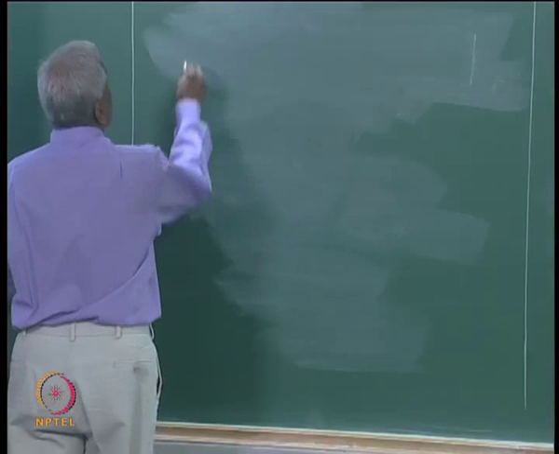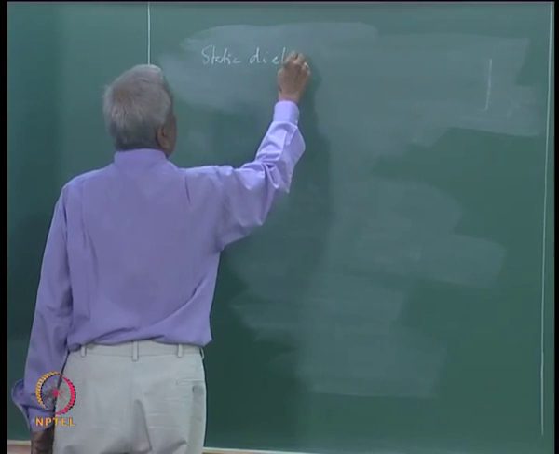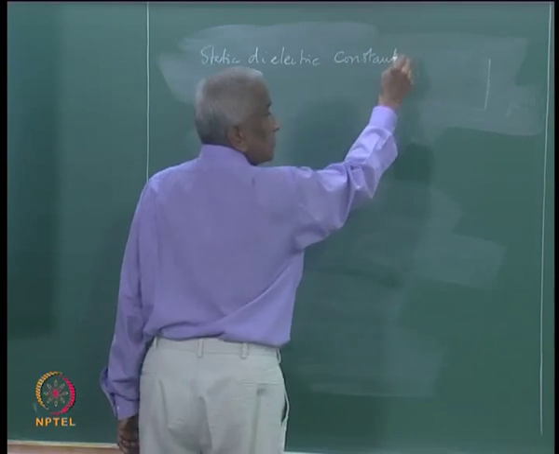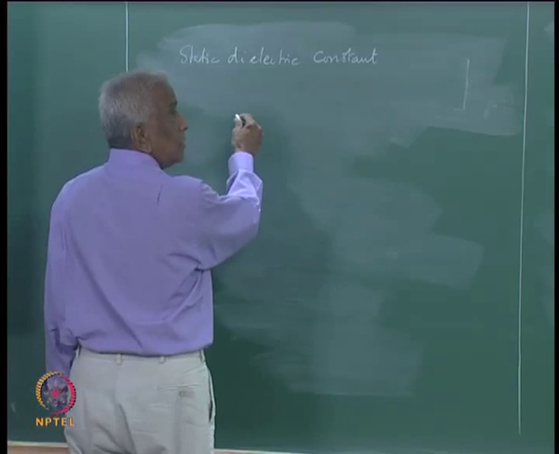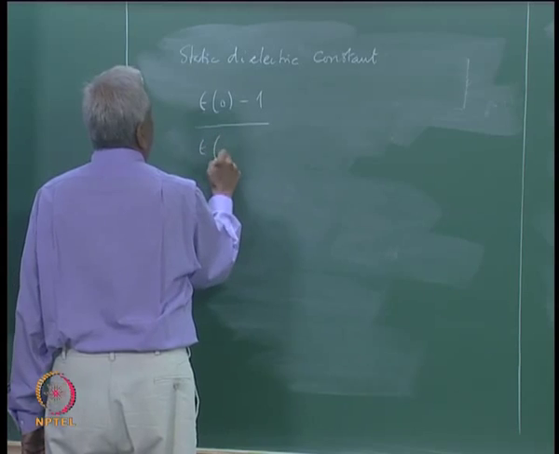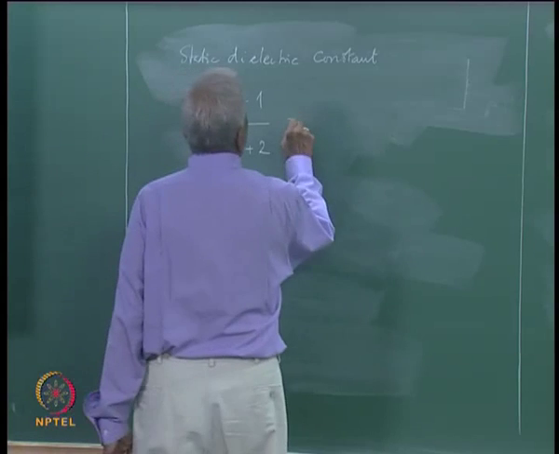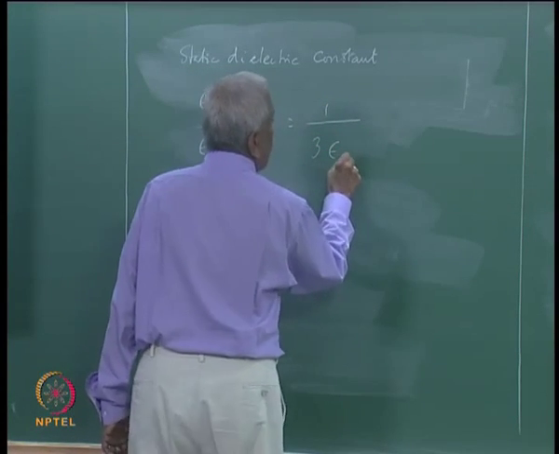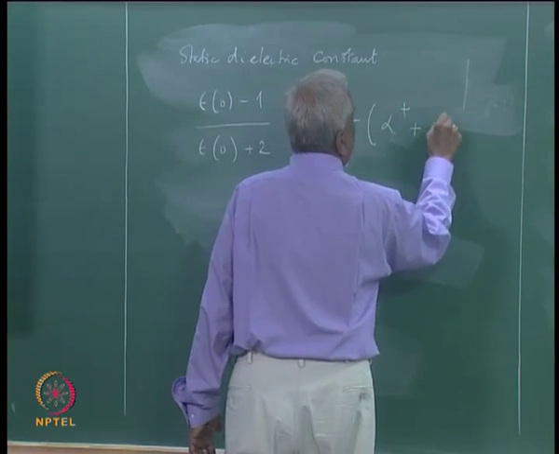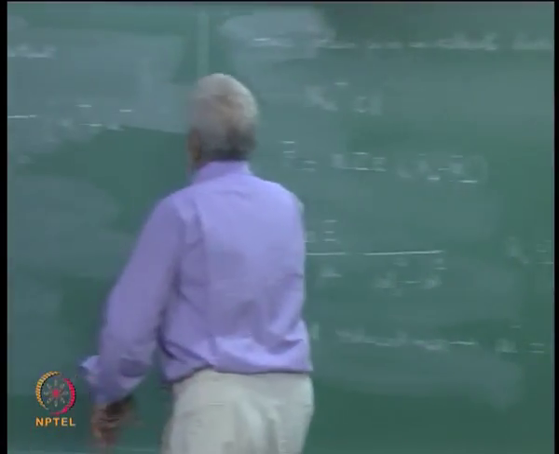you find, for example, the static dielectric constant of an ionic solid, setting omega equal to 0 there, that will be... and we have in this omega becomes 0. So, I have